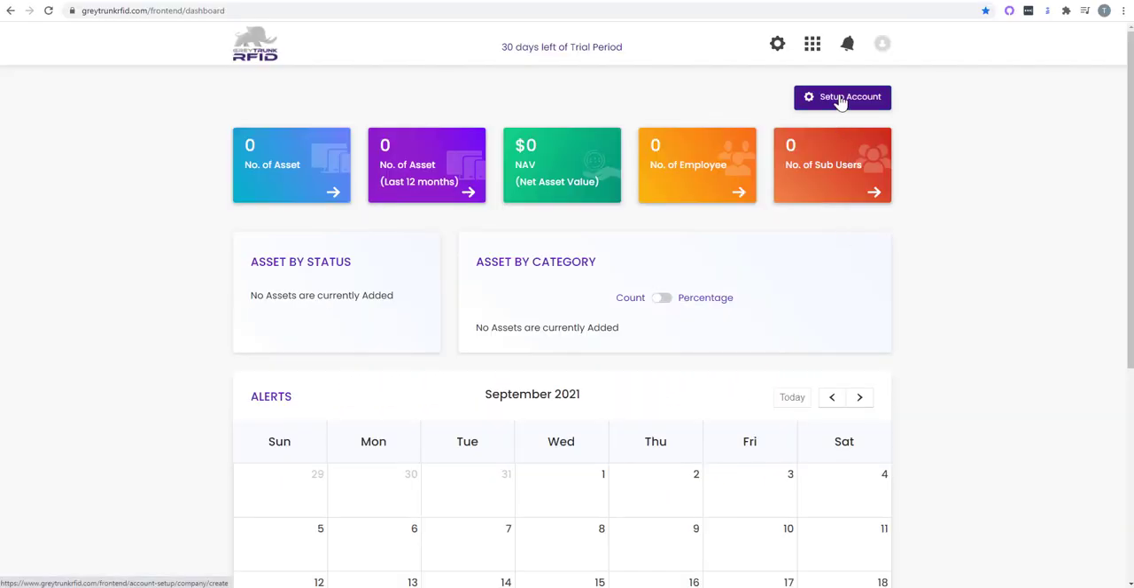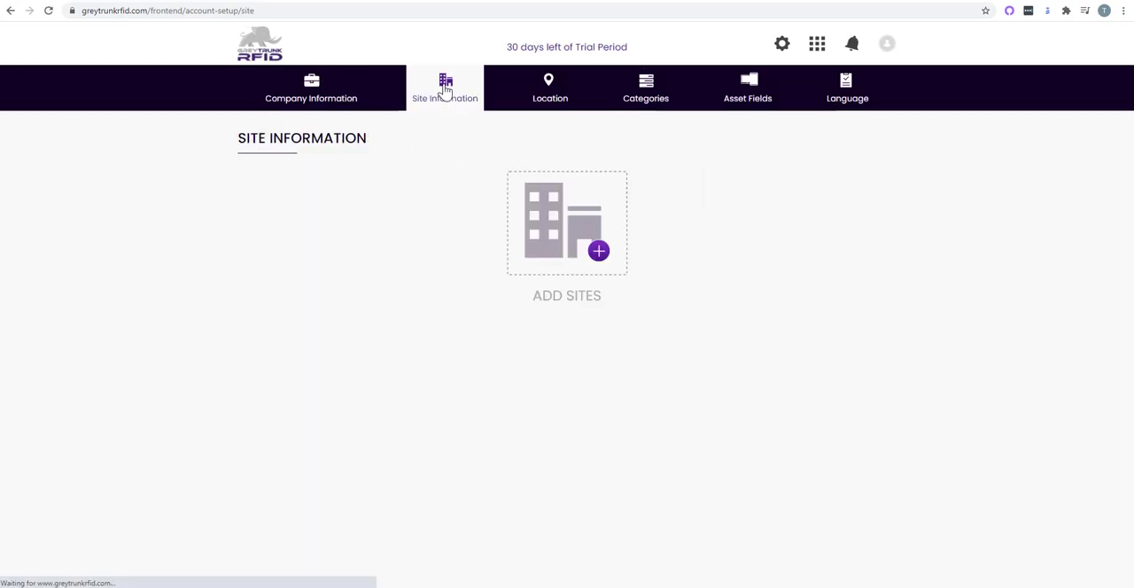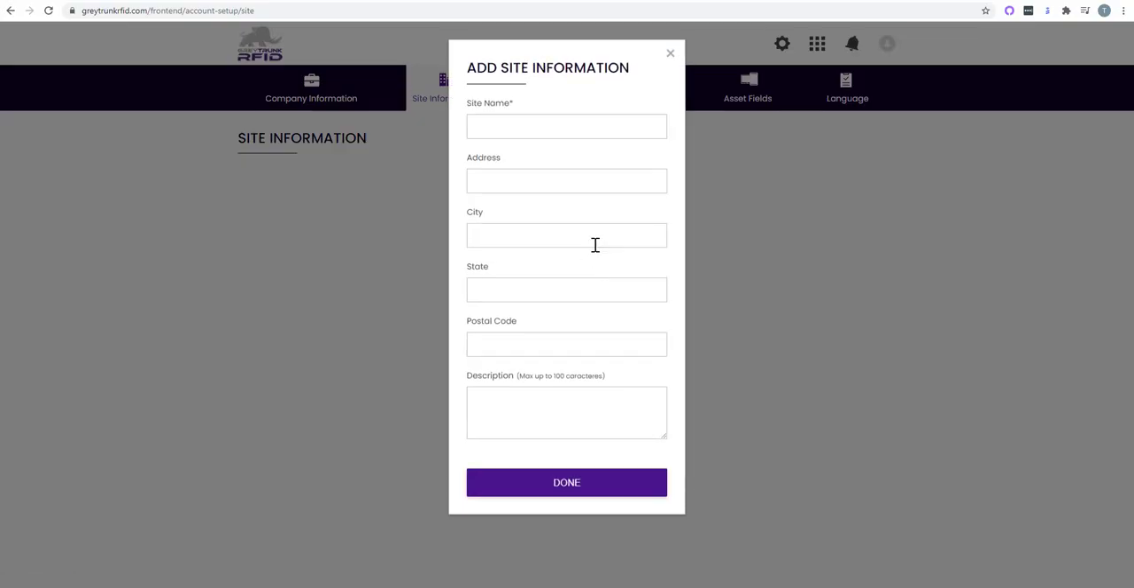To add sites to your account, click the Set Up Account button, and then click Site Information. Here you will click Add Sites. Site name is a required field. Input the site that you want to add,